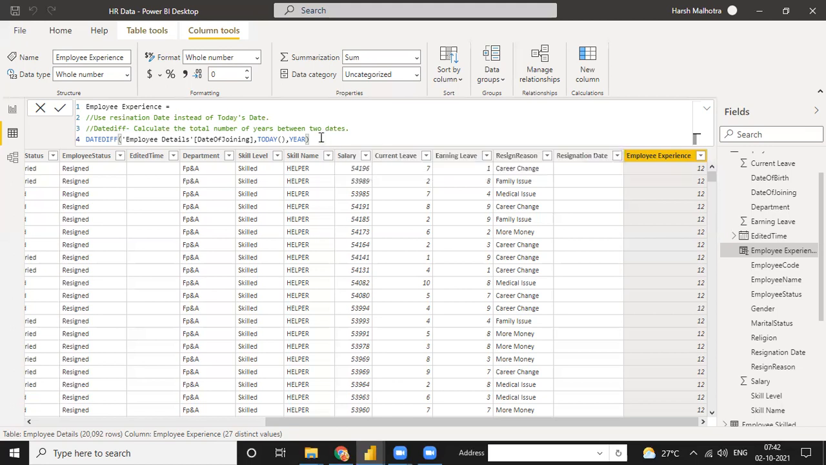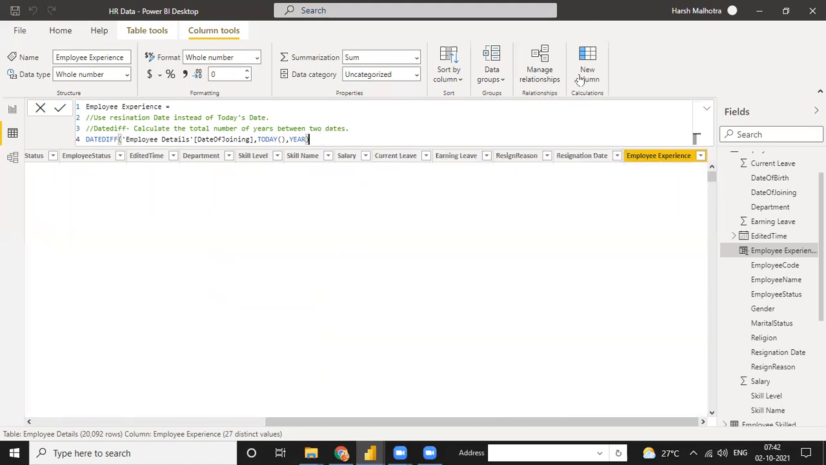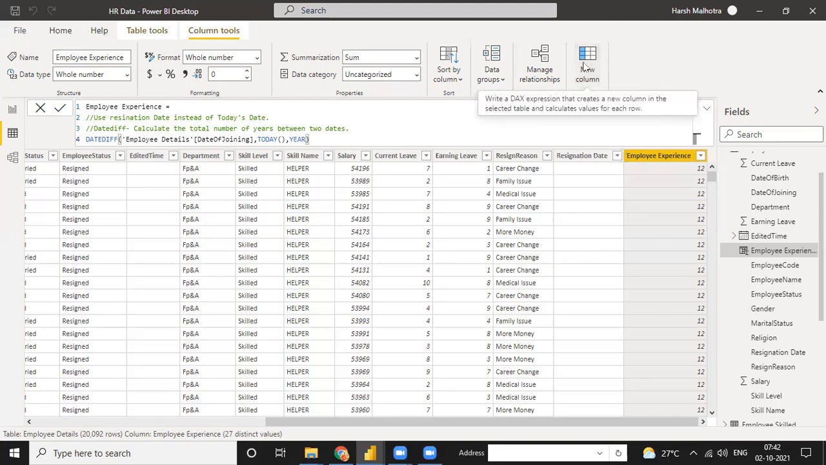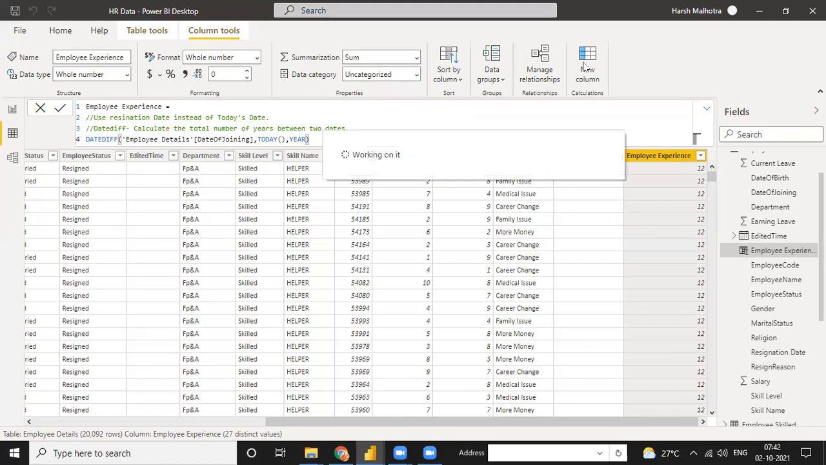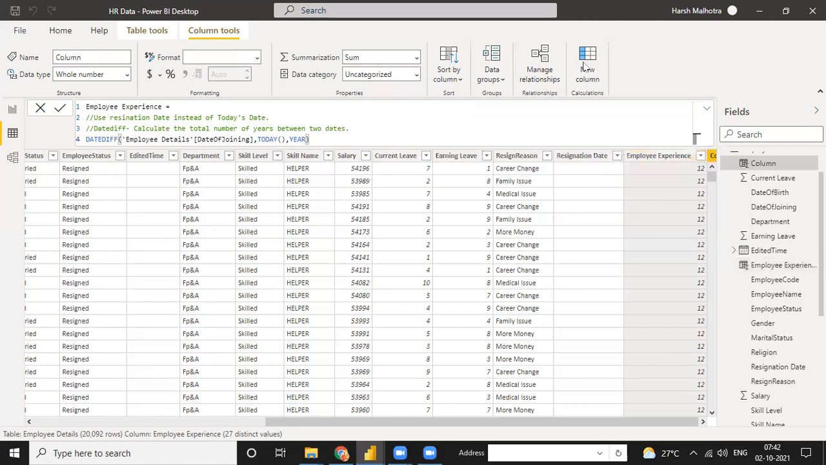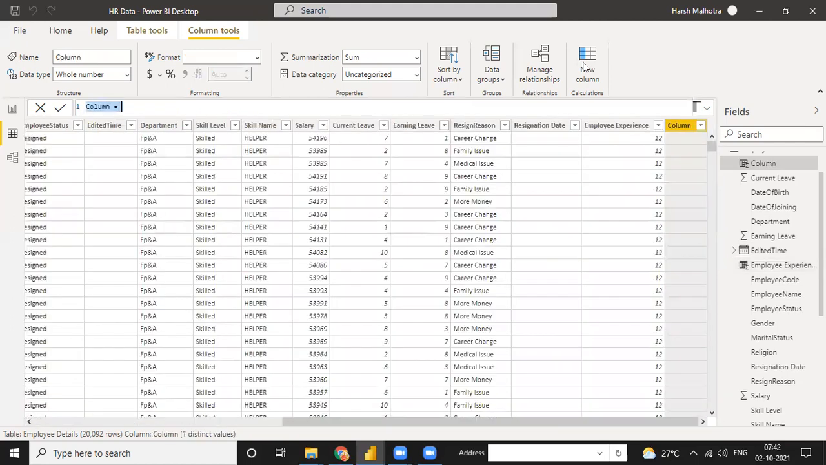In the same way, this is the employee experience, and I am adding a new column for employee age. How do I need to calculate my employee age? Because we have a date of birth, but we don't have the age. So for employee age, if I need the count as employee age till today,